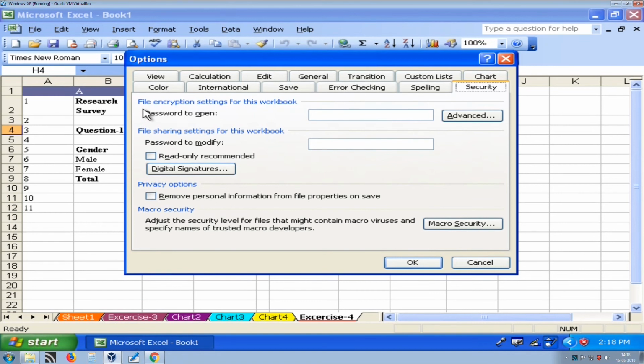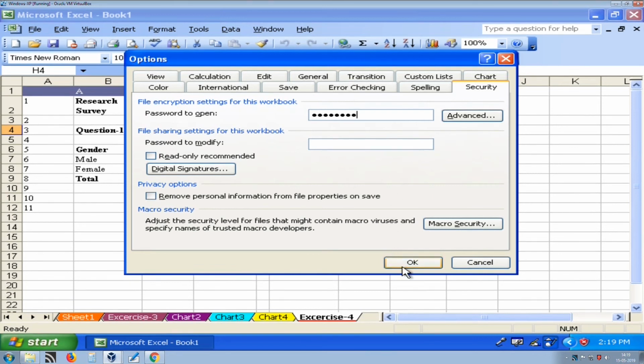Inside the security tab, we have the facility to specify a password to open the file. We have already seen how to protect worksheet and workbook, but we can add one more functionality for security. That means before opening the file it will ask for this password. So, here I am providing my password.